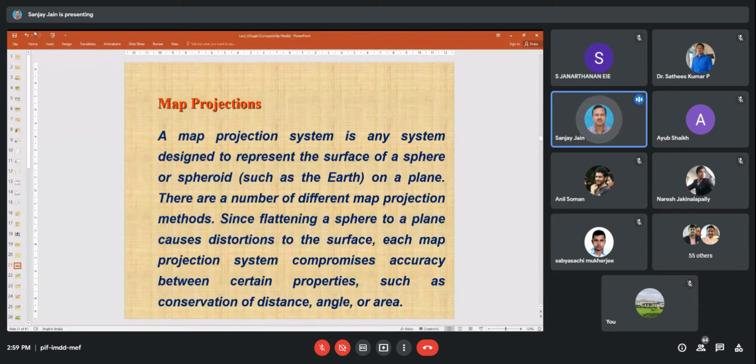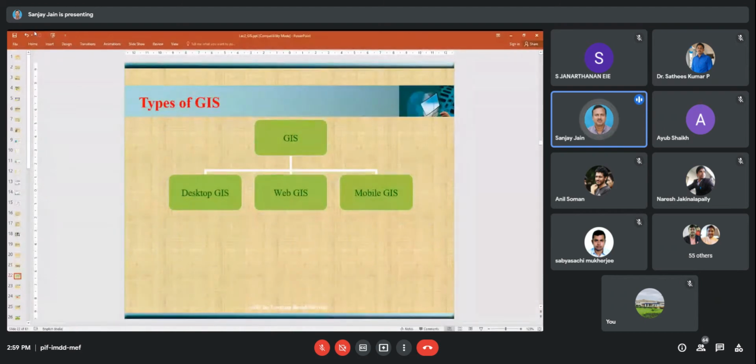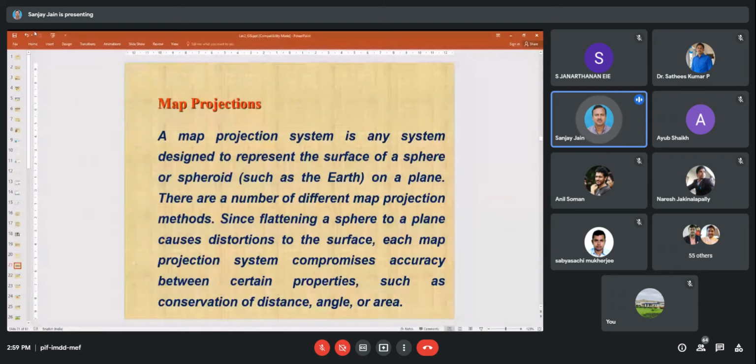If I have taken some data from, say, one of my friends, which has a different coordinate system and projection system, I have to again reproject that onto the same platform. Whatever the source is, that is not a problem. But again, we have to do the same exercise with all of them. Once I have all my layers on the same platform, then only I can use them in my GIS exercise. Okay.